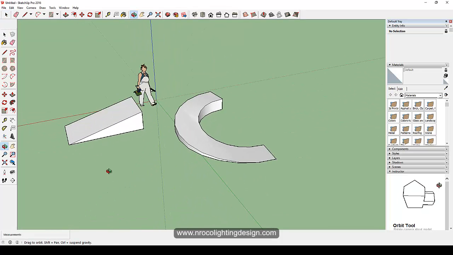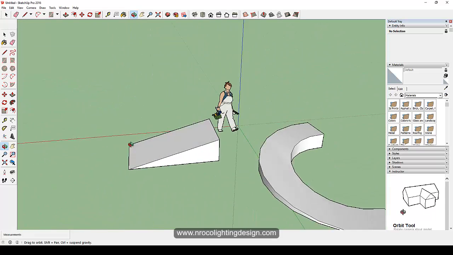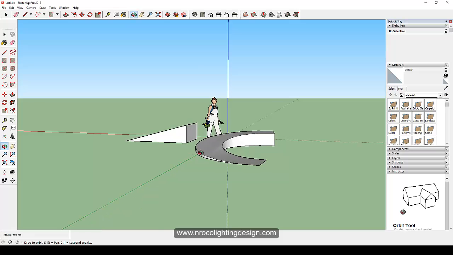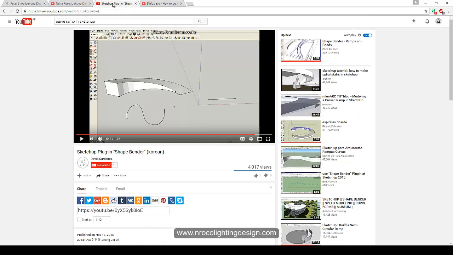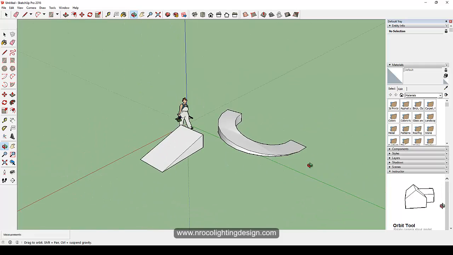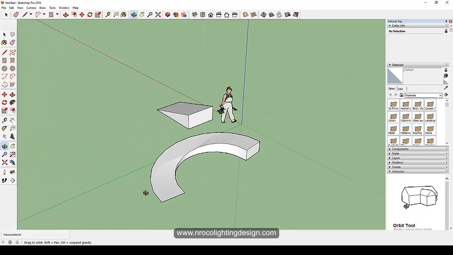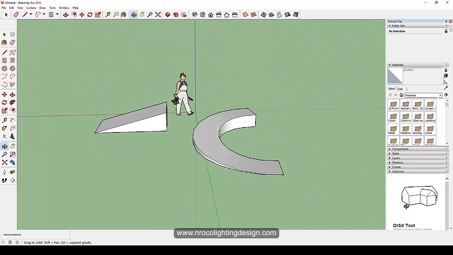So either you will do it in DIALux Evo or in SketchUp, and if you don't have SketchUp, you need to download it and install it on your PC to create this one. You think that this curve is not perfect, but there's a better way, which you can do with a plugin called Shape Bender. Unfortunately, if you want the Shape Bender plugin, you need to pay $15 for that. If you have $15 just to create a perfect ramp, then you may do so. But I would like to suggest to, for now, just use this one.